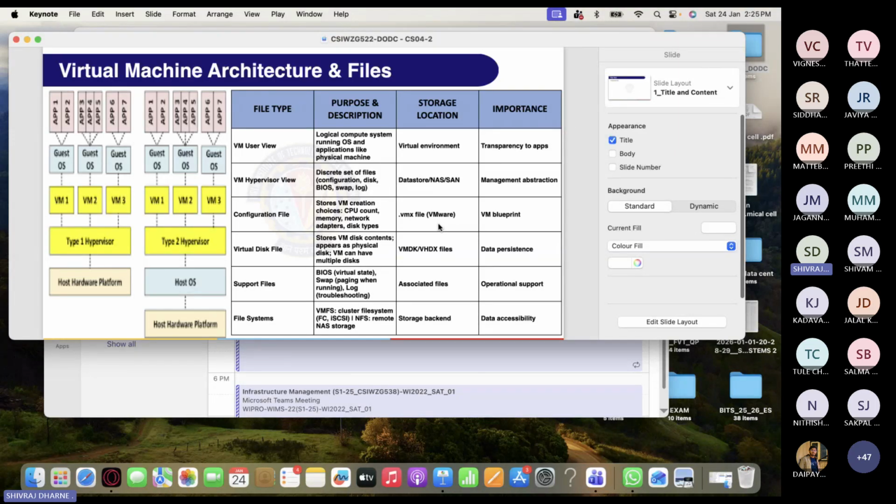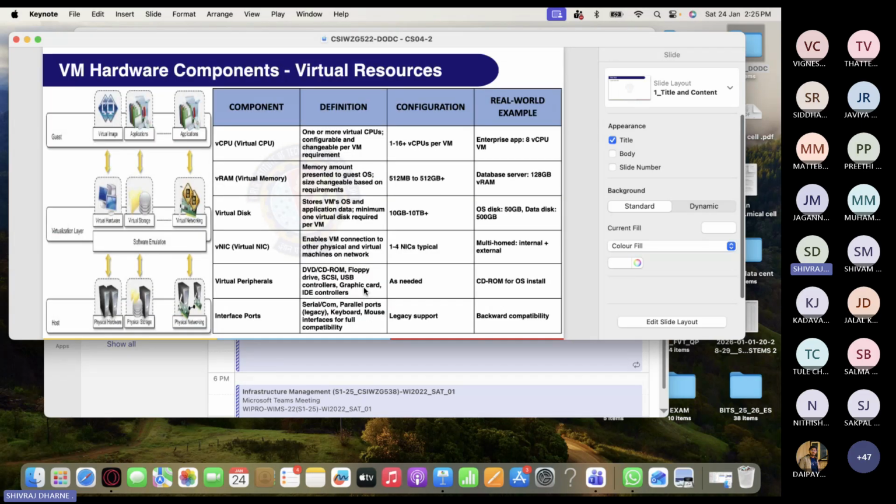Okay, good. Very good. So you have the ideas. Please ask any question if you have. I think we are trying to see virtualization happening at every level, right? So what is that? We will see. Okay. So VM hardware components, right? Virtual resources. What are those? There is a virtual CPU, virtual RAM, virtual disk,